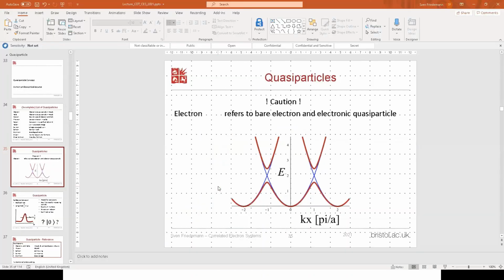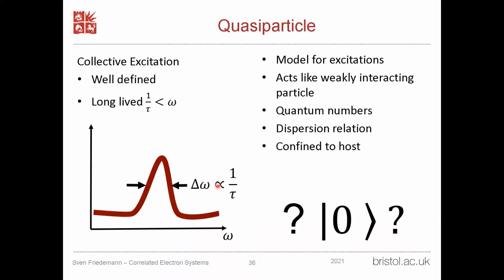Okay, so with that, as I said, let's think about what a quasiparticle means. When we say quasiparticle, we mean essentially an excitation of some system, and it could well be a collective system, like helium, a box of helium-3 atoms close enough together such that they are subject to Fermi-Dirac statistics. The important bit in order to call this a quasiparticle is that this excitation must be reasonably well defined. And by well defined, we mean that in a